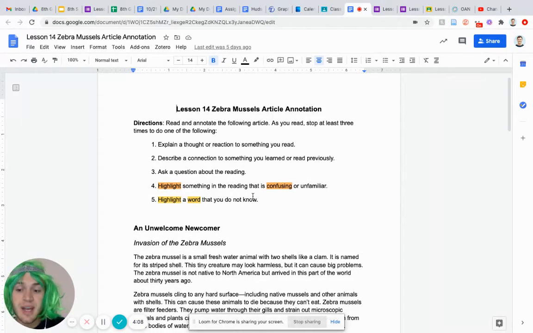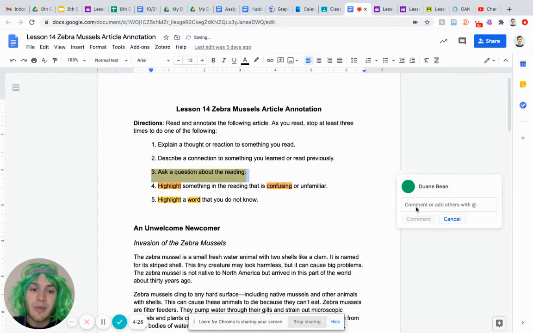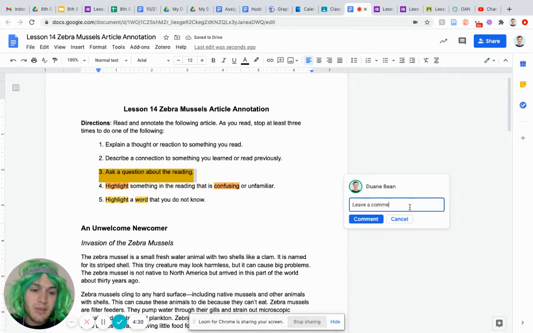So as you read, I want you to stop at least 3 times to do one of these things. First, you could explain a thought or reaction to something you read. Second, you could describe a connection to something you've learned or read previously. Or third, you can ask a question about the reading. So for these 3 things, you can just leave a comment. So leave a comment to say what you need to say.